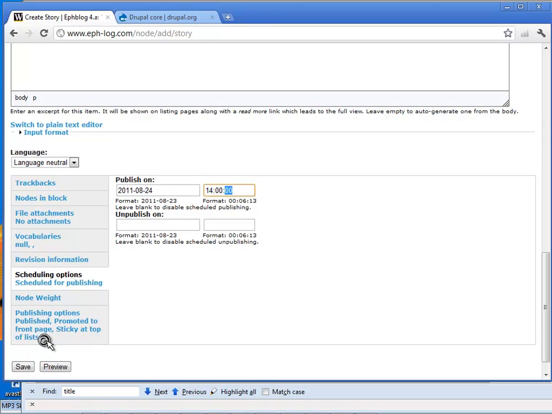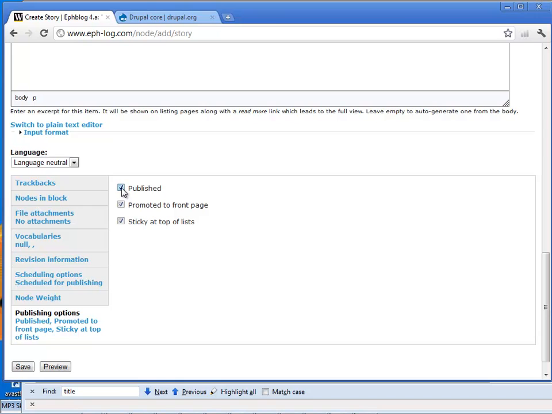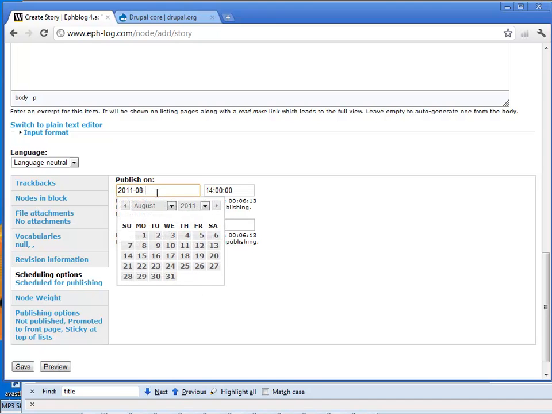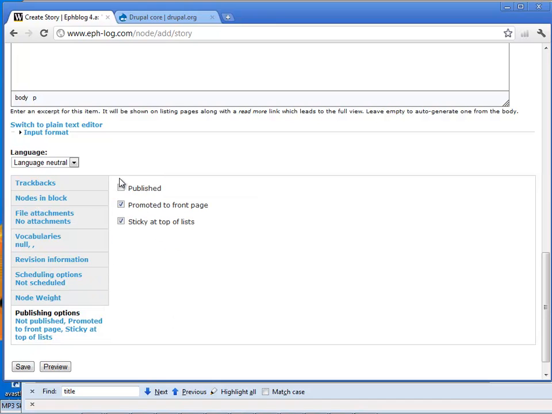So now if I were to go down here and click on Save, this article is actually published, so it would give us an error. If we take Published off, it's not published, but it's scheduled for publishing. We click Save, and it will show up on the 24th at 2 p.m. Central Time. I'm going to now get rid of that scheduling option, go back to Publishing Options, click on Published, and now if we hit Save, it will be immediately published and